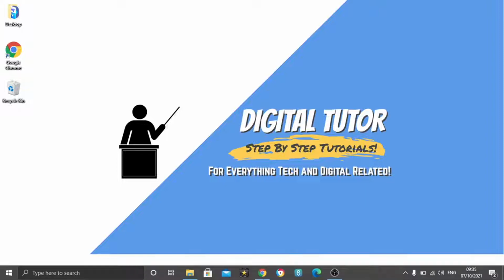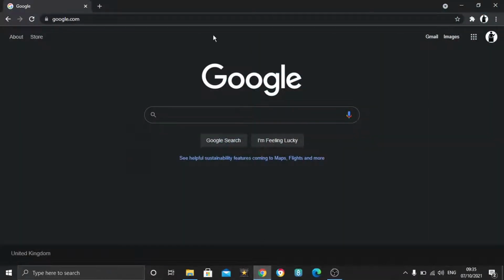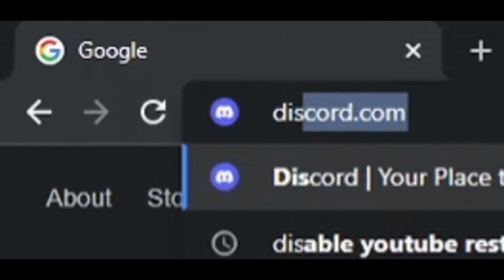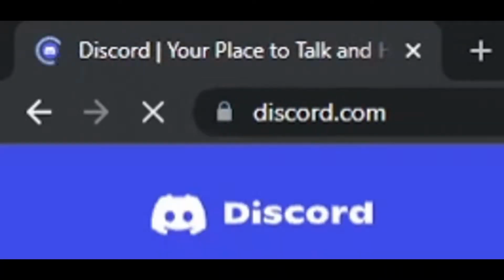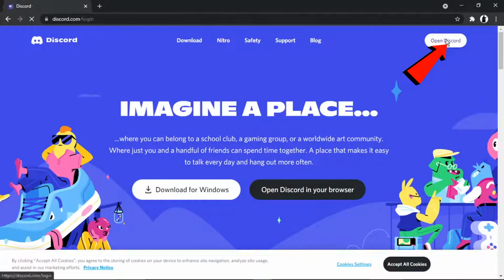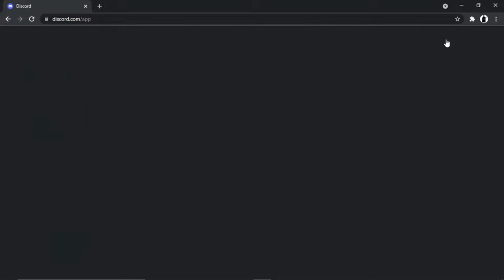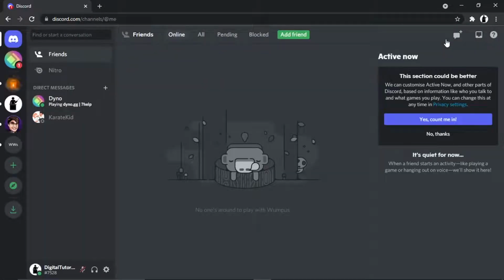So the first thing we're going to want to do is open up Discord. And if you're not already, you just want to go ahead and log into your account. And once you're logged in, it's actually, as I say, very simple. All you want to do is come down to the settings icon, which is this gear icon next to your